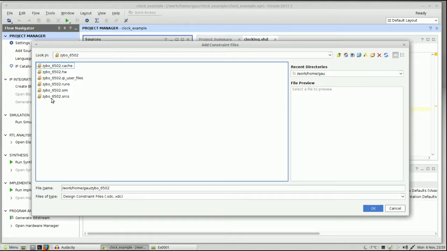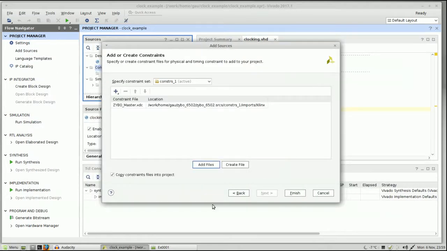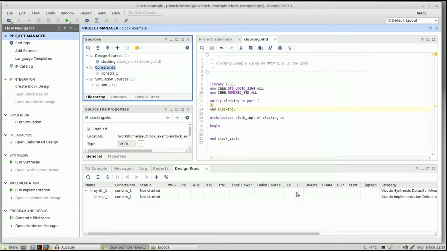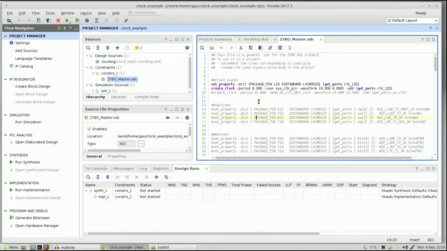Oh, I'll get it from the C64 project. I know that one has it. Yeah, it's the board file for the Zybo that I'm importing the constraints for. Copy to the project. Yes, always copy it because you might want to change it,